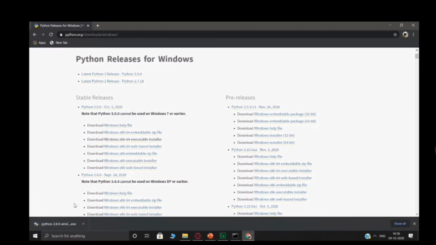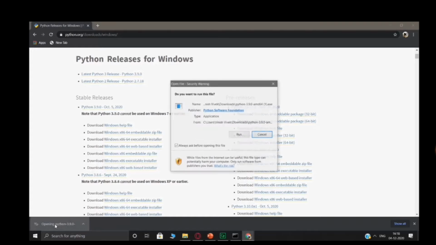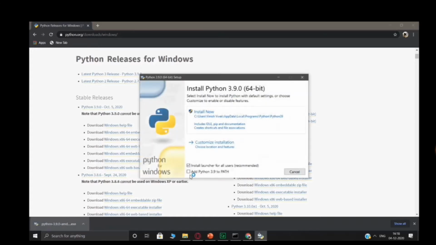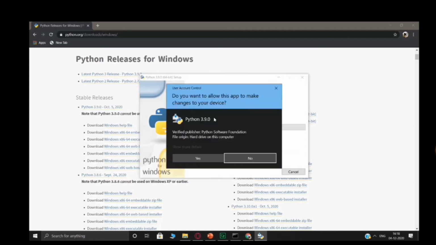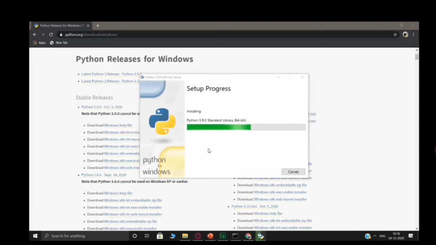The file will get downloaded. Once it does, you click on this and hit run. Over here you make sure that you add Python 3.9 to path. This way Python will be available to you everywhere. Now you just click on install now, agree, and once the installation is complete, Python will be installed into your system.